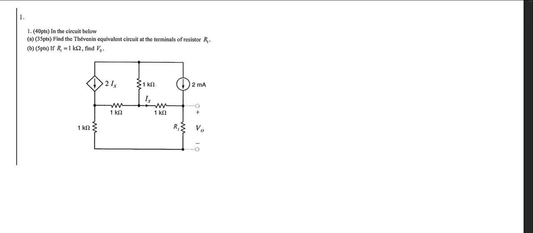And you want to simplify the rest of the circuit so that it looks just like a voltage source and a resistor for Thevenin, or a current source and a resistor for a Norton. And when you do that, you're just saying that you don't really care about how the circuit works. You just need to know how it affects you. And the way it affects you, if you are the resistor in that place, is by what the voltage is and what the